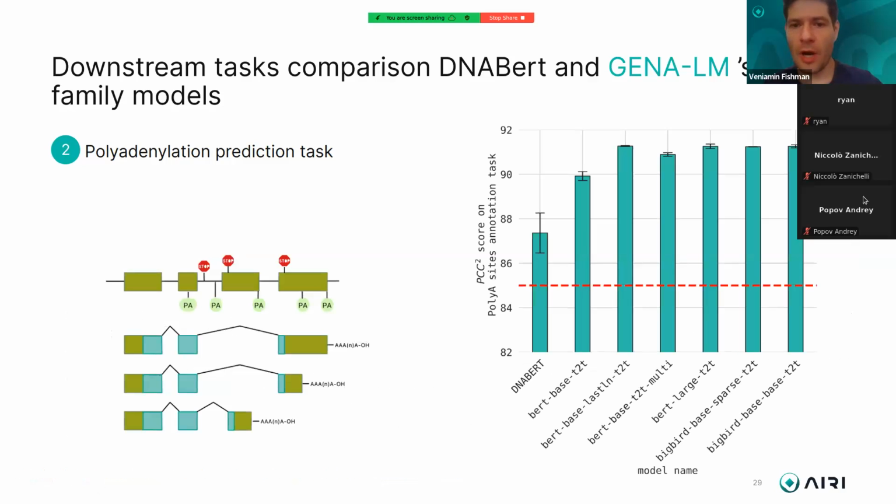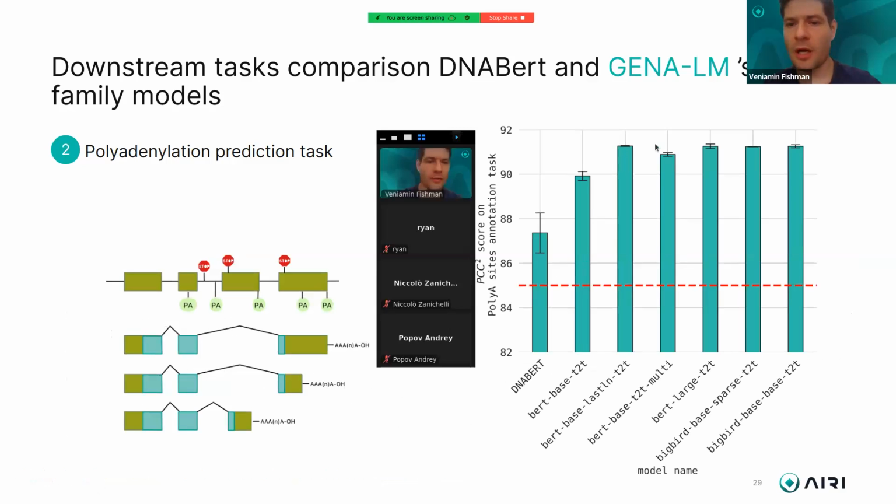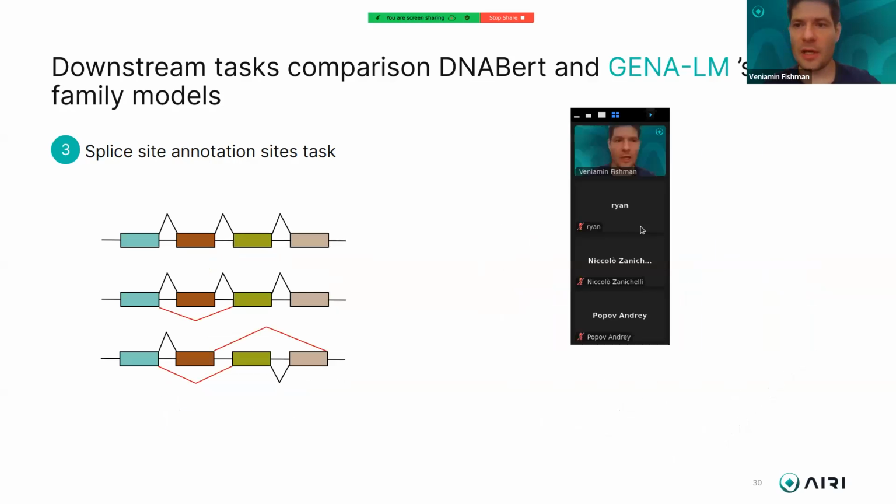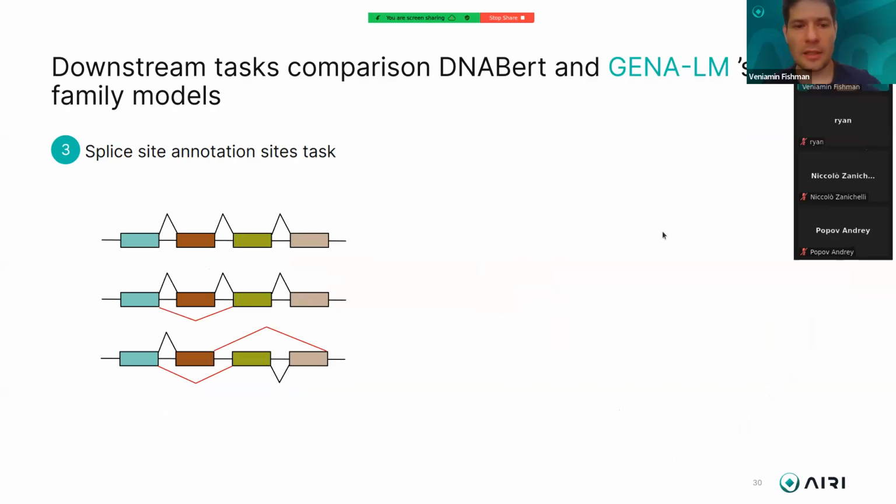And back to our results again. So here we have all our models outperforming the DNABERT. And also now on this slide, you can see this horizontal line, which corresponds to a published baseline on this specific task, which is in this case a convolutional neural network. So you see that all transformer models outperform it, and GENA shows superior results. We can also have some multi-class challenges, for example, prediction of splice sites. And here,